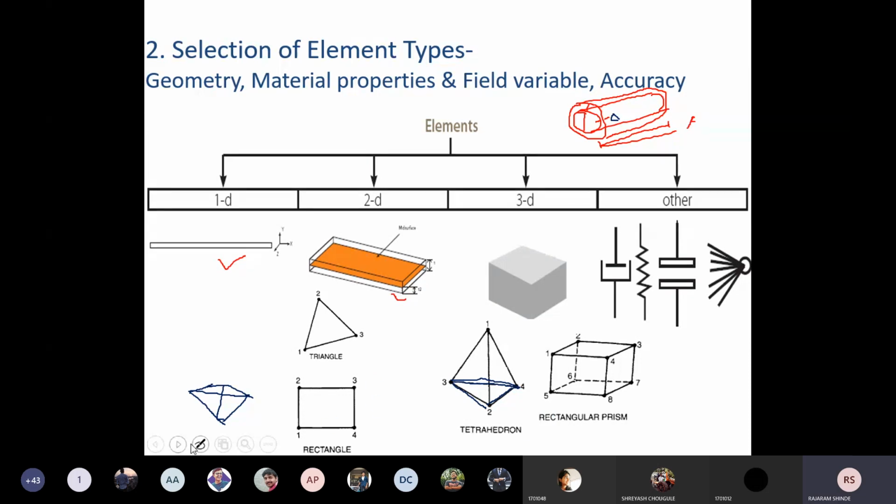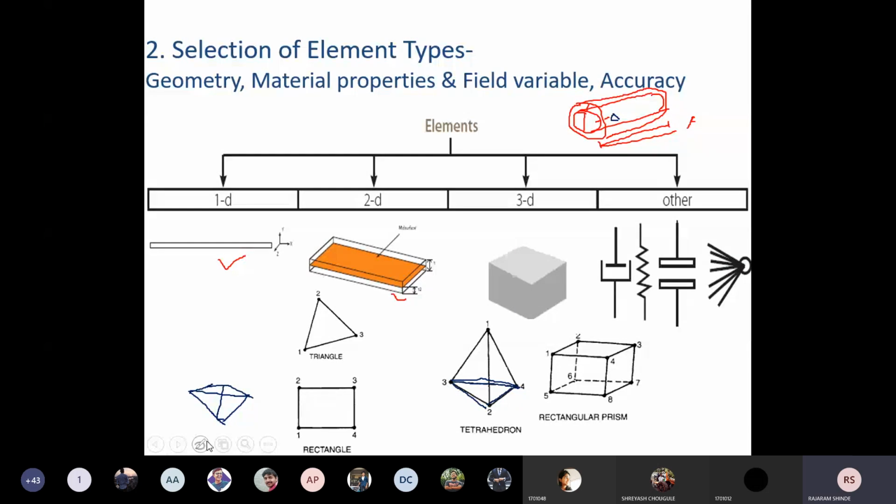This is the failure. See here, it is known as failure in aspect ratio, or a tet collapse, we can say in software language. If the height of the tetrahedron is very small, then the software will not accept that type of element. Do you agree with this? So this type of domain you have to model by using two-dimensional elements. Don't go for three-dimensional elements.